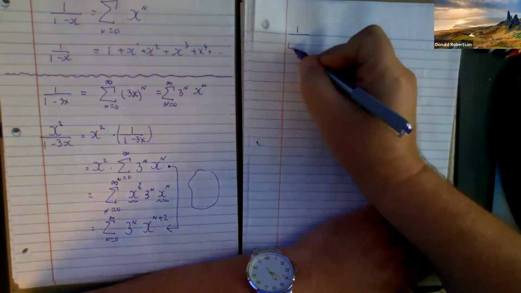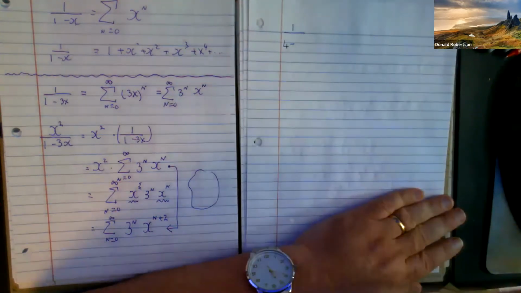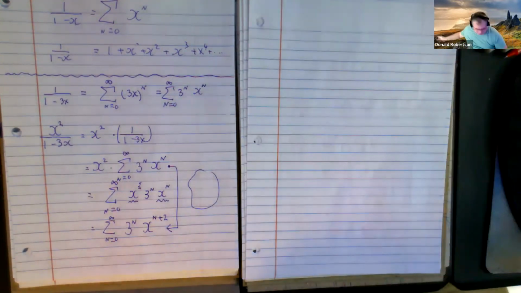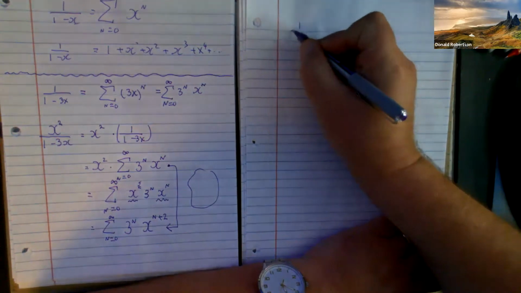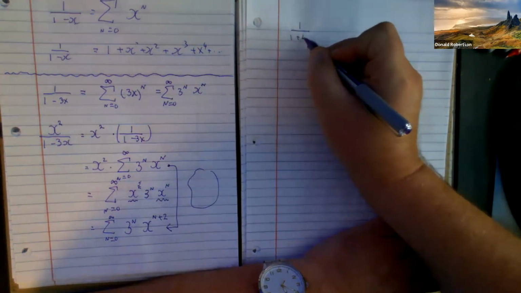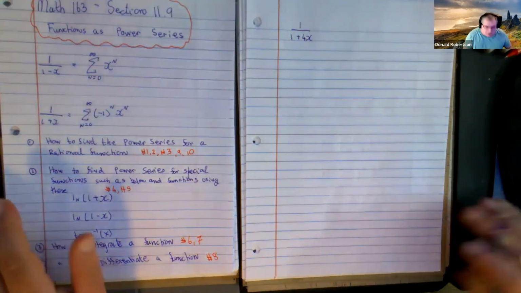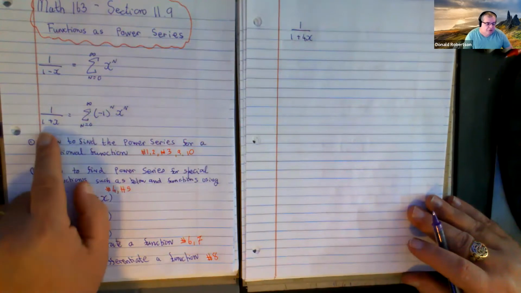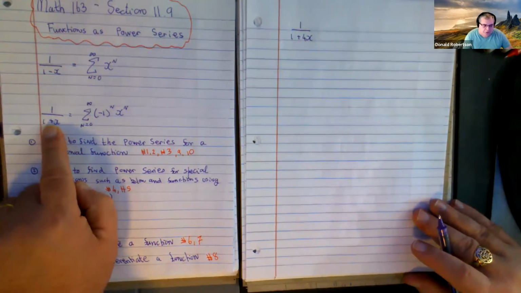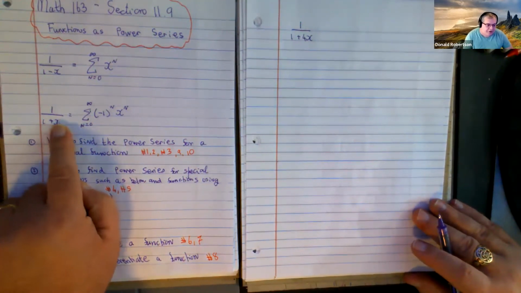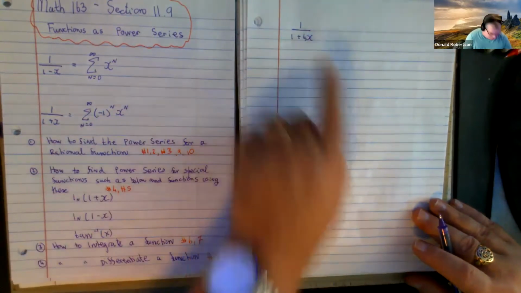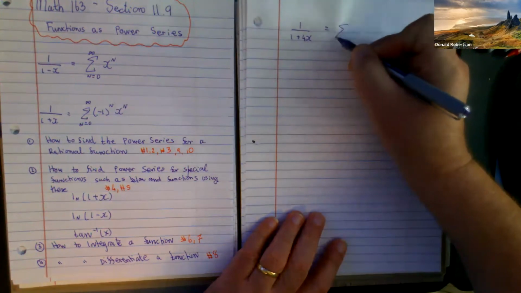1 over 1 plus 4x. Now, that has a 1 plus 4x. It looks just like this guy, right? 1 plus x. The difference is that's not x, right? That's 4x. So what you do